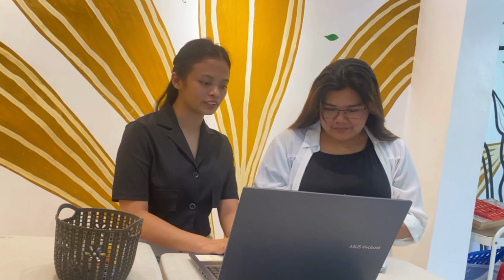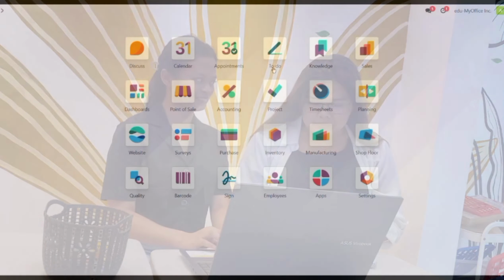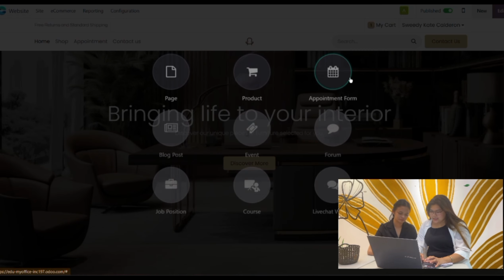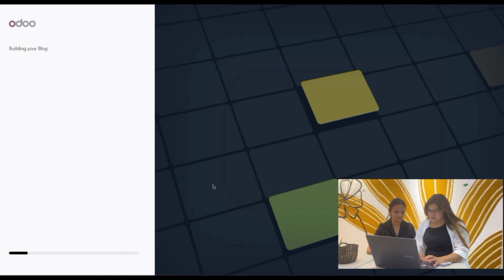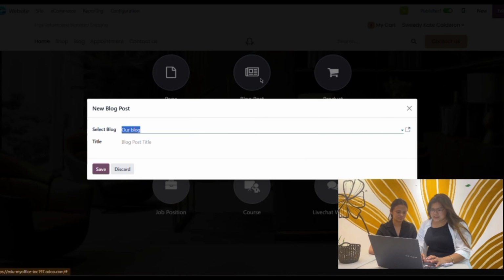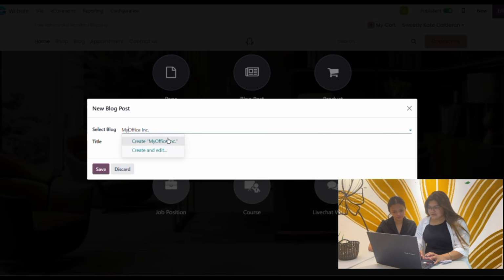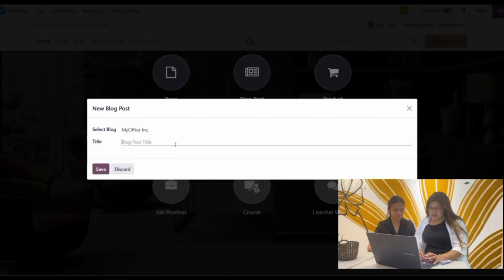With your new warranty service, it will be good to write a news article about it. Okay, I'll set up a blog on our website and write the first post. Go to website and click view, then the blog post, we are just going to install it. After loading, just click the blog post, then write a blog and then the title you want. To save it, after that you can start to edit and write your blog, then we save it.